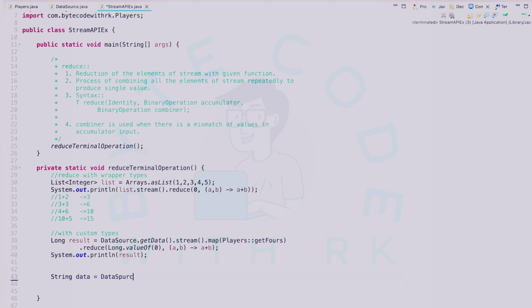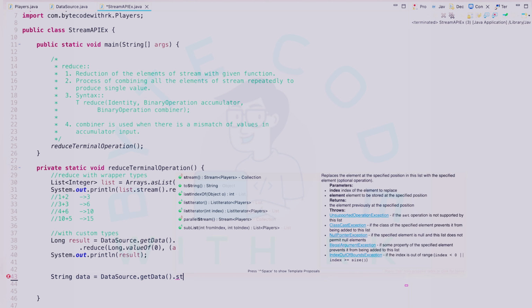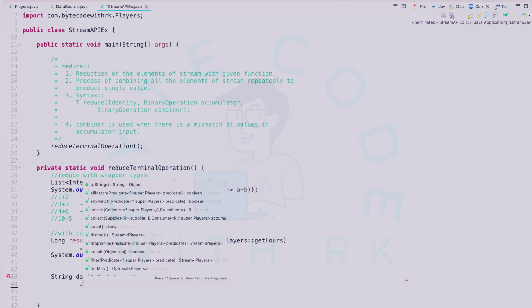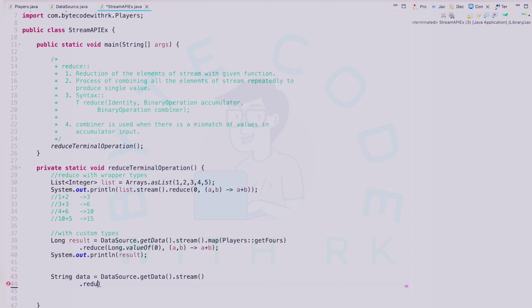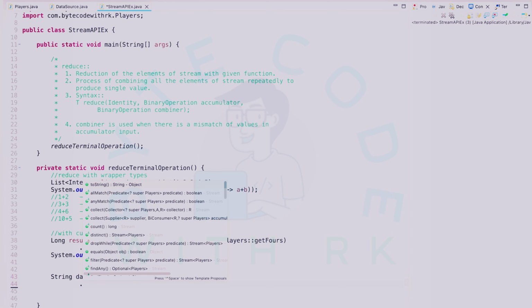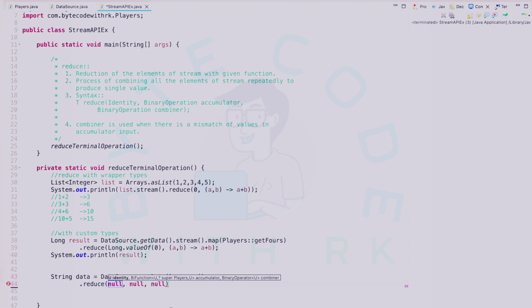String data equals, I need to get the data from the data source: dataSource.getData().stream(), then apply reduce on it. Here I don't want the two-parameter version, that's why I'm taking the third form, which has three parameters. The first one is the identity. Here I can take the identity as a new line, slash n. Then the accumulator is of type a, comma player, and then a plus player.get